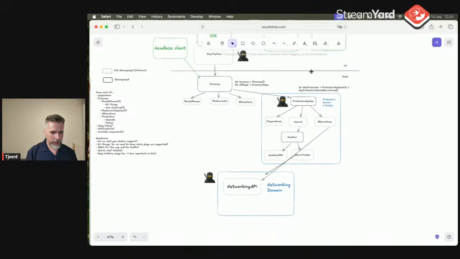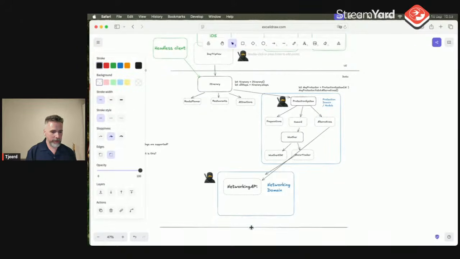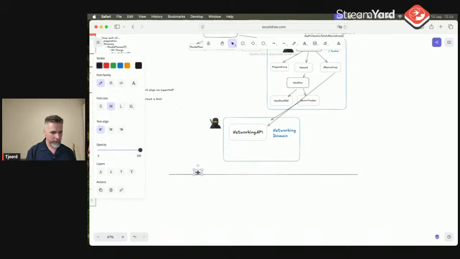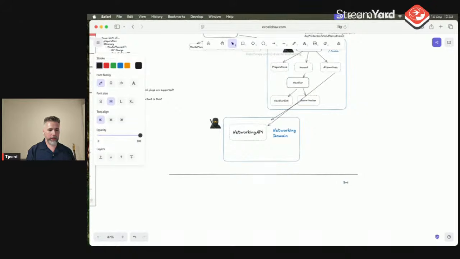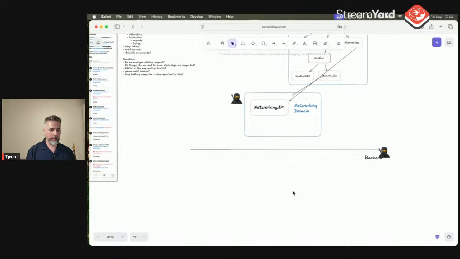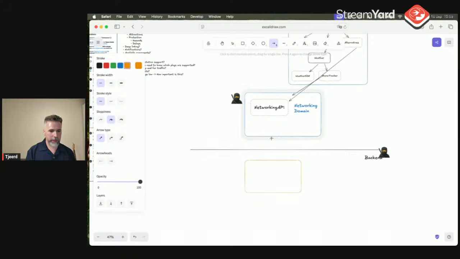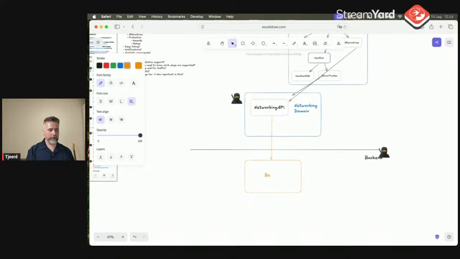And one more thing I want to share. We have another sort of division, and that is the backend itself. So we have the backend, right? We have backend devs in the backend. And also here we have, make it orange because it's going outside the app domain, also here we have some sort of networking you have to figure out. It's a bit hard to see maybe with orange.